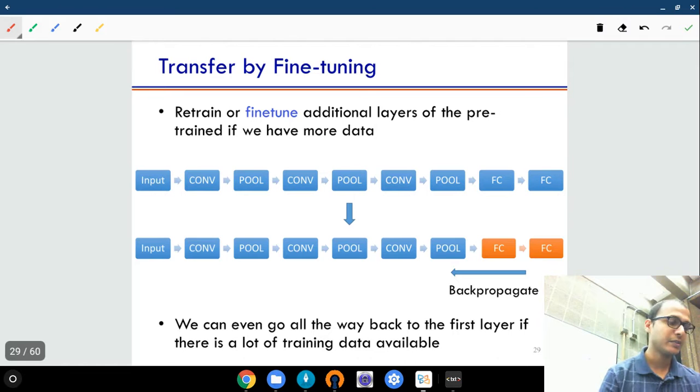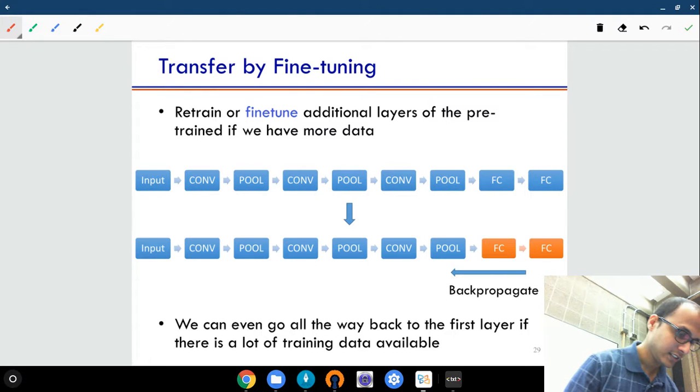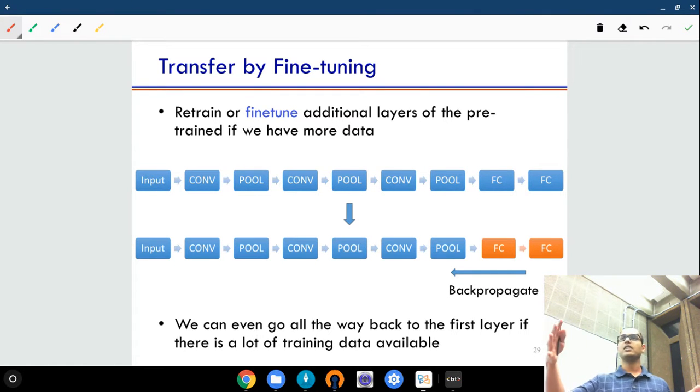So let's look at the second type of transfer learning, which is actually also quite intuitive. So what do we do in the second version? It's basically fine tuning, and fine tuning, as the name implies, is saying that we had this pre-trained network with all the weights already decided, and what we're going to do is